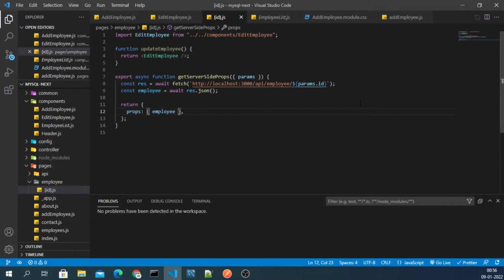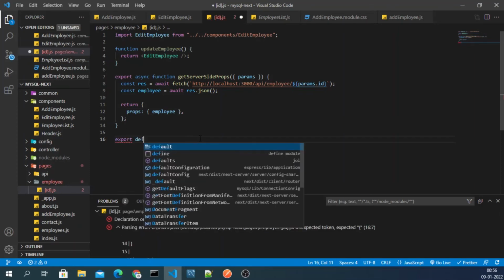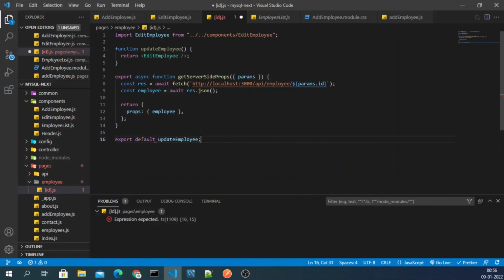And we have to export this function as well. Export default this update, right, like this, and then return.